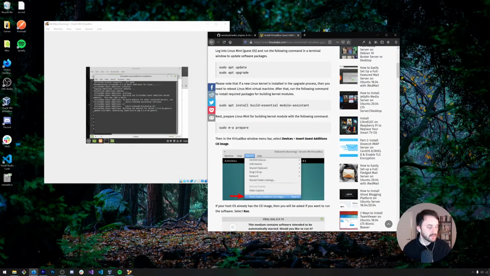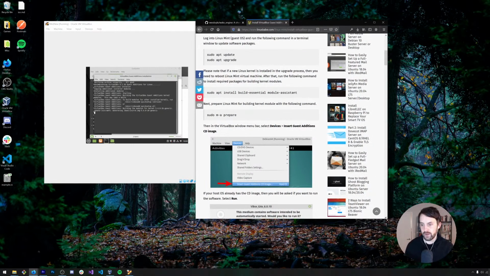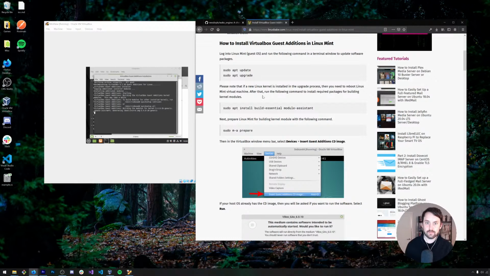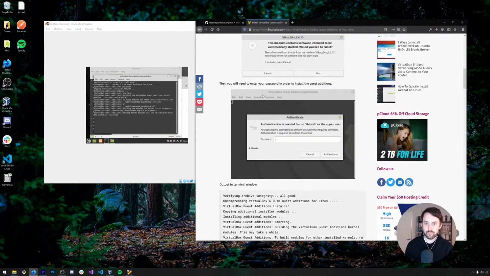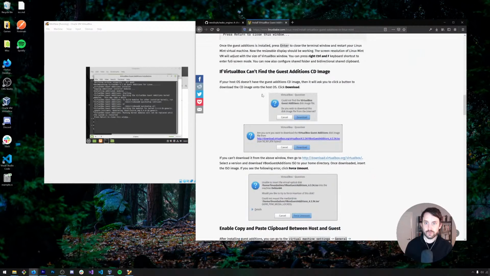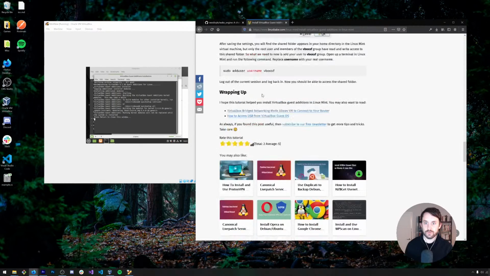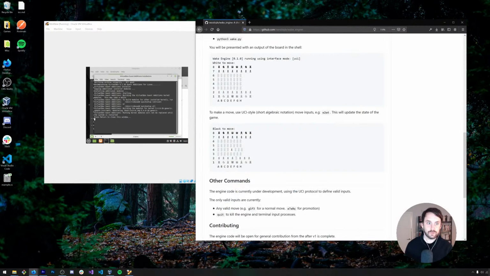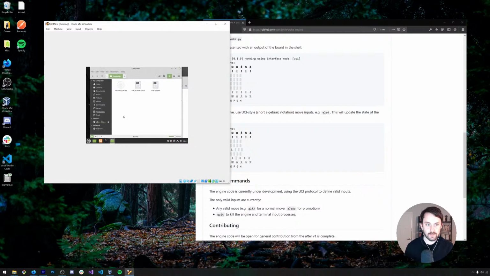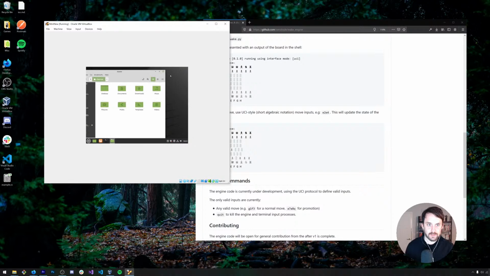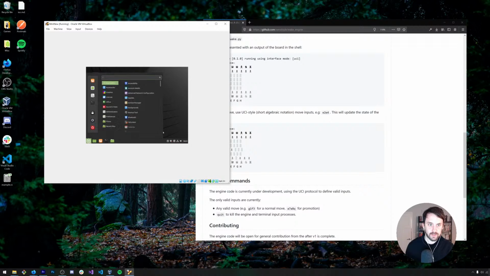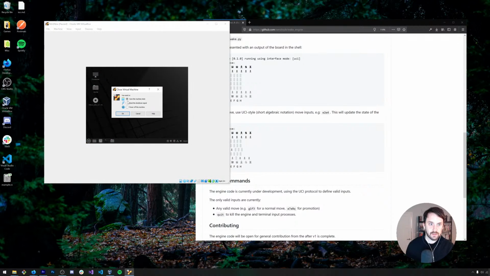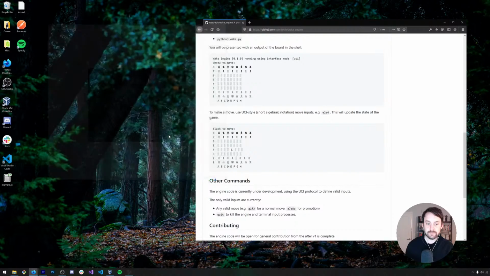I like the Cinnamon GUI over GNOME, for instance. Although GNOME is fine too. Okay, cool. So guest editions is now installed, I believe, and we can go ahead and power off the machine.